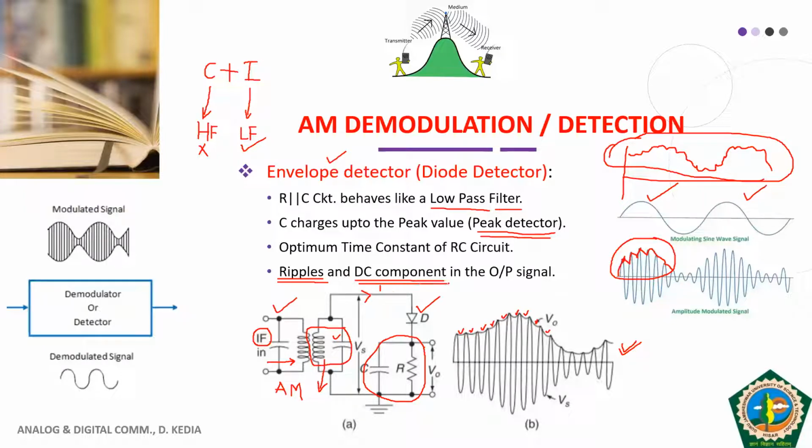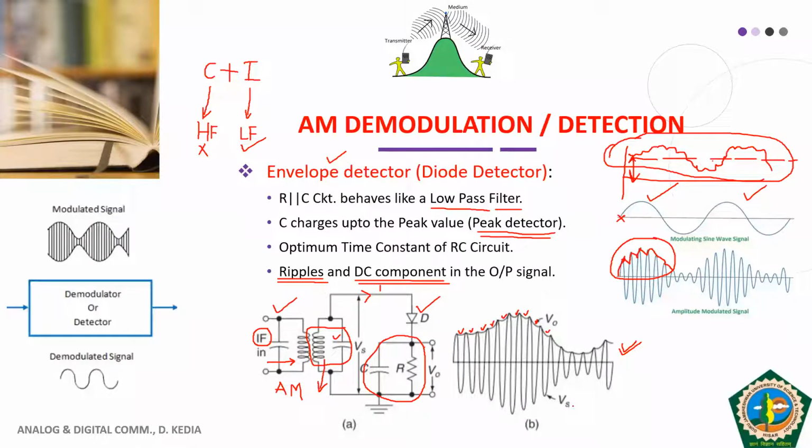What is the meaning of DC? DC is a constant signal. Our original modulating signal had no DC component. See, this sine wave is starting from the zero part, whereas the signal that we have demodulated is starting from somewhat above your zero line. So this is our baseline, and this baseline of the demodulated signal gives us the DC component present in our demodulated signal.